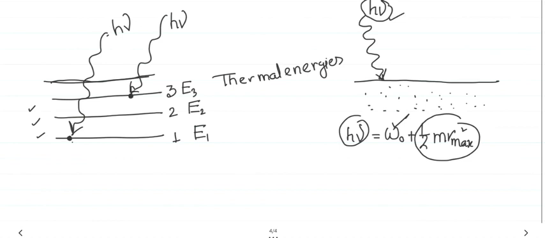So just try to understand that if the electrons are not at different levels, then all the electrons after absorbing the energy hν come out from the metal surface with the same value of kinetic energy. But since the electrons are at different energy levels, for example, if we consider that E3 is greater than E1,